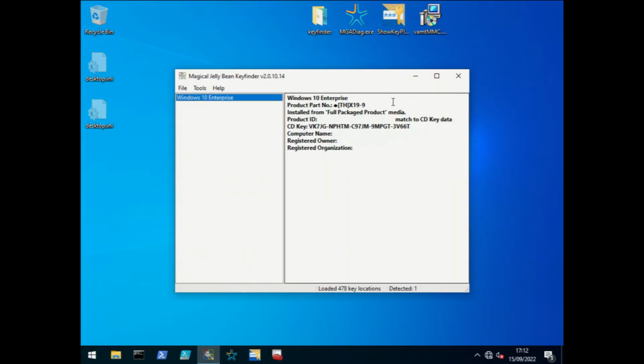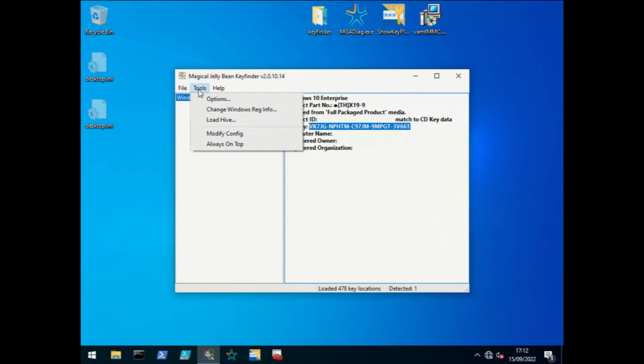It comes up with details about this machine, and you can see there the CD key is the generic key that is the digital license that's associated with this machine, and that will be on thousands of other machines that have gone through the same process. So there's not much else to do here apart from you can load the Hive, and what it will do,